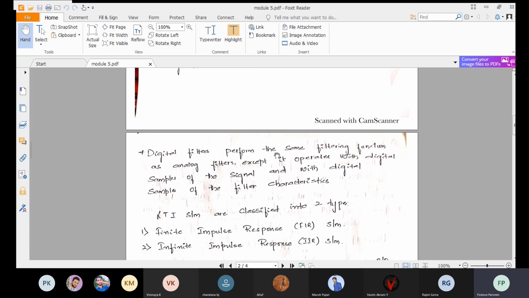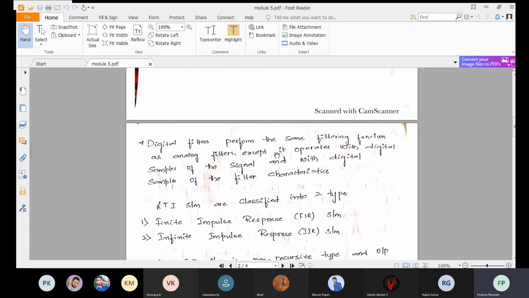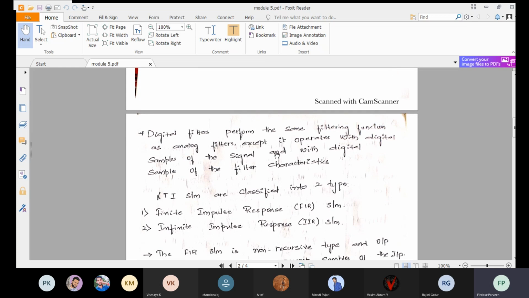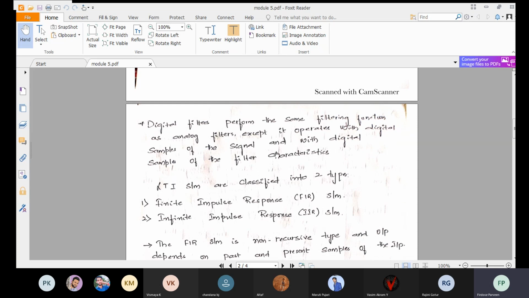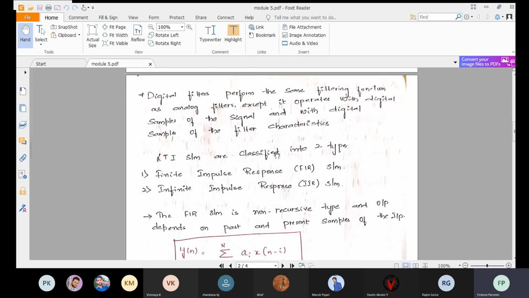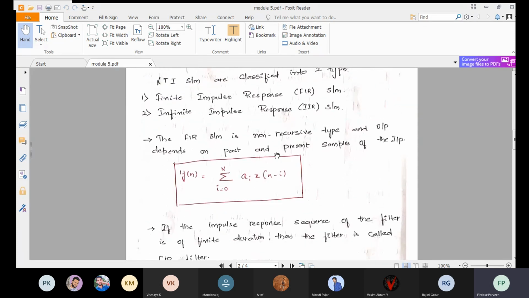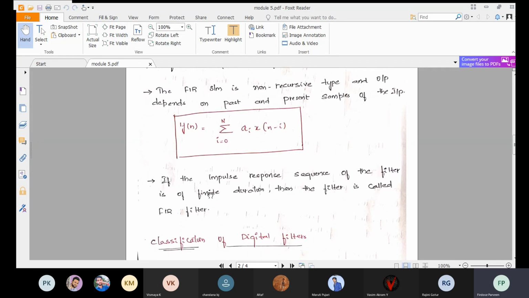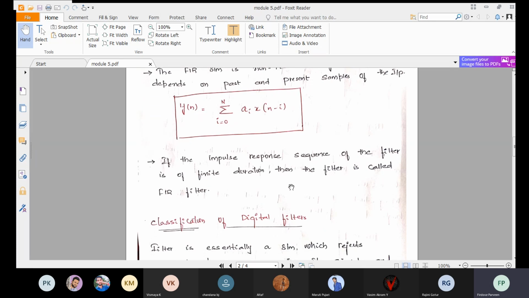So an LTI, that is linear time invariant system, is classified into two types. In your syllabus, you'll be studying two types of filters, that is FIR and IIR. FIR is finite impulse response and IIR is infinite impulse response. So the FIR system is non-recursive type and the output depends on past and present samples of the input. So it is given as y of n is equal to summation i equals 0 till n, a i x of n minus i. If the impulse response of the filter is of finite duration, then the filter is called FIR filter. If it is infinite form,